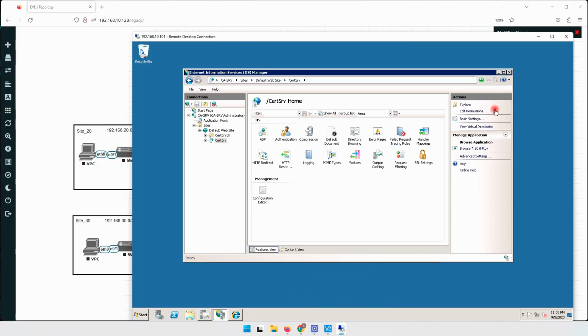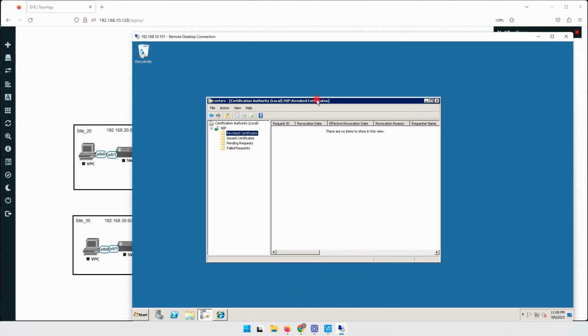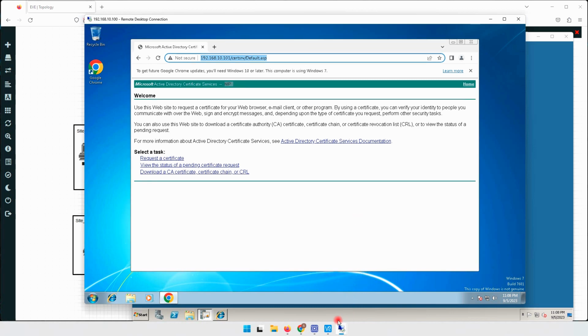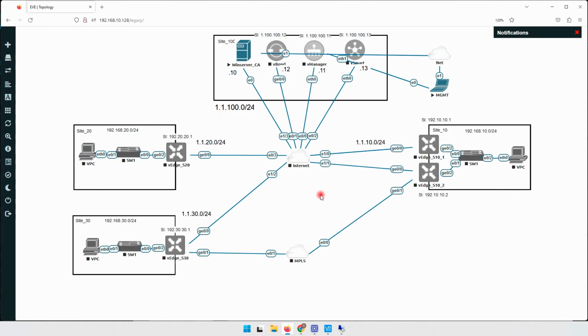Okay, our certificate server is ready now, and we can leave it like this, and also we can access that here from our management Windows. Let me see what else we can do here. Actually everything is okay here, everything is ready for starting our configuration. I'm not going to start any configuration in this video because I want all of this configuration to be in the same video, and in the next video I'm going to install the certificate on vManage, vBond and vSmart, and after that